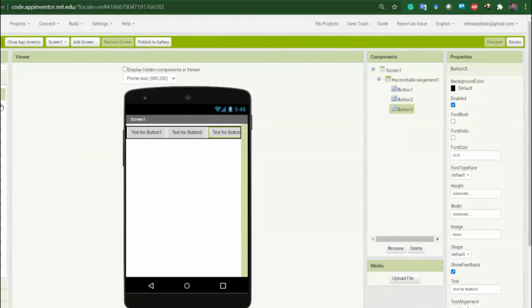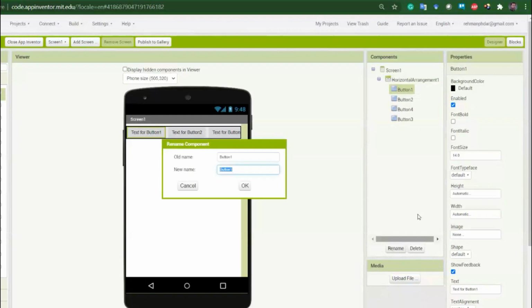Oh, the fourth one didn't go in here, why? Yeah, four. Okay. So if you see, the buttons are not visible clearly in this because the button sizes are big and the screen size is small. So we need to change its size a bit, and its text and background color. Okay, so select the first button. First of all, let's rename it also. Renaming is a good habit. Then later on in the coding, we can actually know what each button is. If it is only button 1, button 2, button 3, then we don't know what button 1 was for, what button 3 was for.